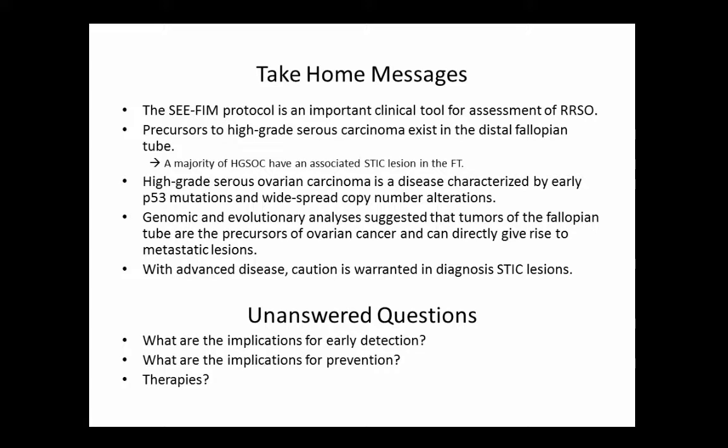So what are the take-home messages? I think the SEE-FIM protocol, which I didn't show you, but many of you are familiar with, stands for sectioning and extensively examining the fimbriated end of the fallopian tube, and is an important clinical tool for assessing risk reduction salpingo-oophorectomy specimens. I think precursors of high-grade serous cancers exist in the distal fallopian tube. The majority of them are associated with these STIC lesions, these in situ carcinomas, but as I mentioned, you have to be careful in the setting of advanced disease that a STIC lesion may actually be a metastasis,